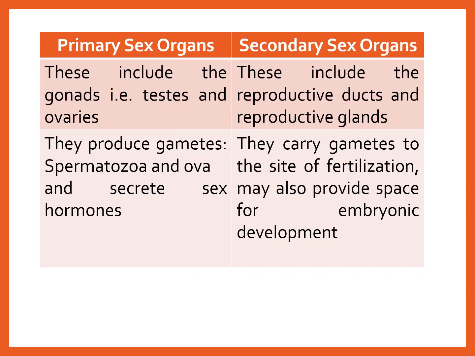So let's see what is the difference between primary sex organ and secondary sex organ. The primary sex organ includes the gonads, that is testis and ovary. The secondary sex organs include the reproductive ducts and the reproductive glands. The primary sex organs produce the gametes, that is spermatozoa and ova, and they also secrete the sex hormones, that is estrogen, progesterone, and testosterone. The secondary sex organs carry gametes to the site of fertilization, and they also provide space for embryonic